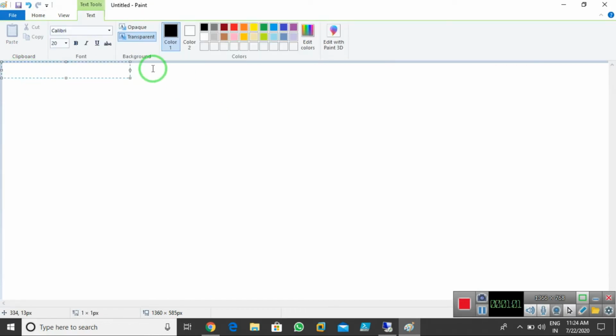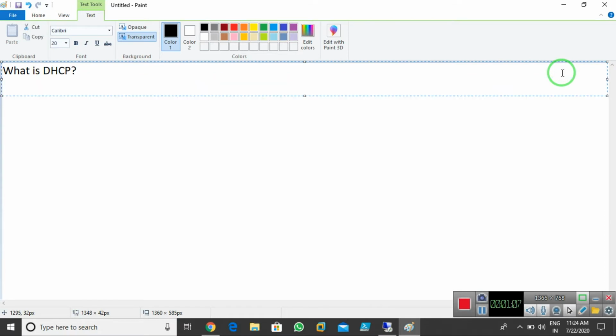Today's topic is DHCP. So what is DHCP? It's a service in Server 2019. It's not only in Server 2019; DHCP services run on many servers like 2000, 2003, 2008, 2012, 2016, and 2019.